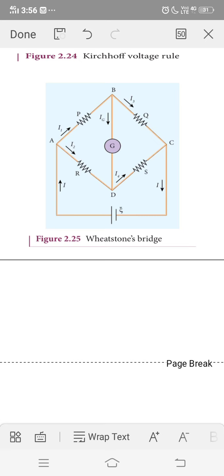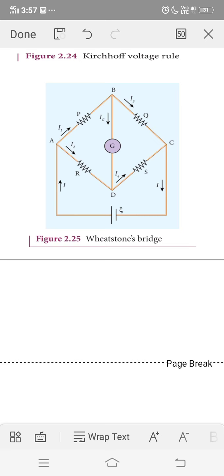In the same manner, the potential from the battery: when the voltage is supplied from the positive terminal to the negative terminal, that means from higher potential to lower potential, it is represented as V equals plus Ir. When the voltage supply is traveled from lower potential to higher potential, the voltage drop or the voltage supply from the battery is represented by the negative symbol. So the equation becomes V equals minus Ir. So these are the overall concepts for those two rules.